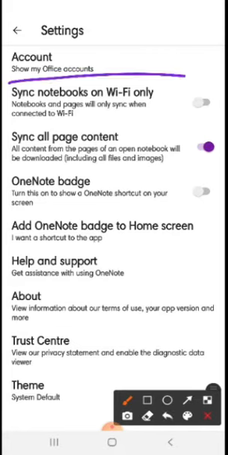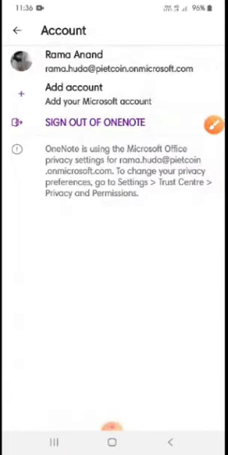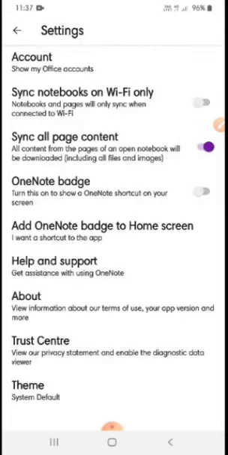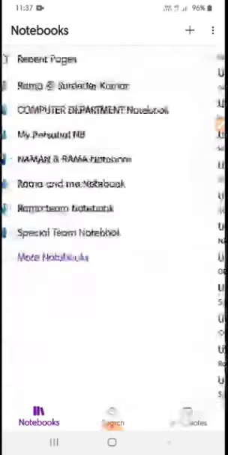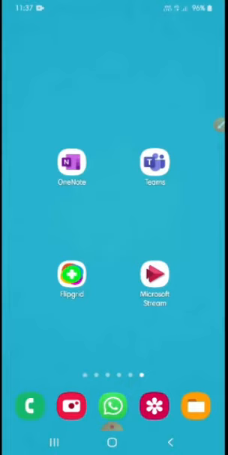Here you will find settings, and accounts is the very first option. Here you have to put your email ID, the email ID of Teams that you are using. You have to add it with add account, put your ID and your password, and only then will it be associated with your Teams app. So the very first setting is to download OneNote, go to settings, then add account, and put your email ID and password there, so that your OneNote gets linked to the Teams app.